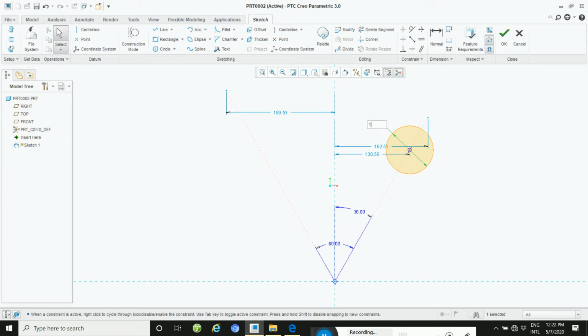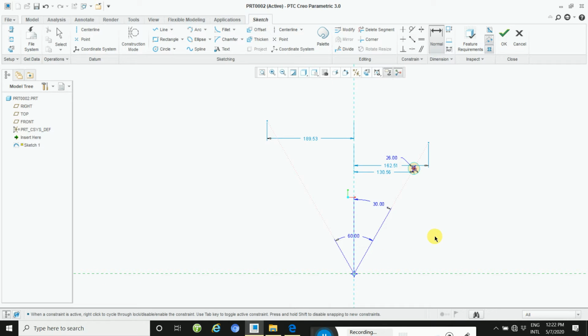The radius is 13, so multiply by 2 for the diameter. Then the height is, take normal, fix the center, and then this point, and then 67.5, take 67.5.